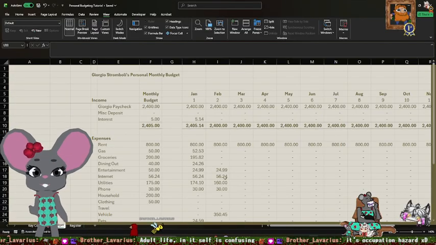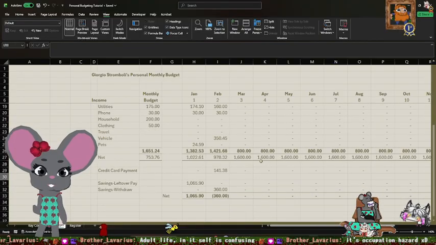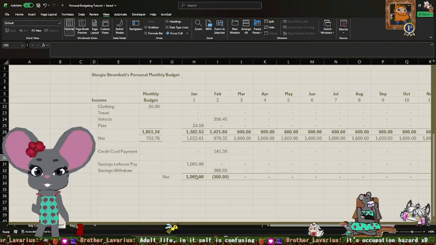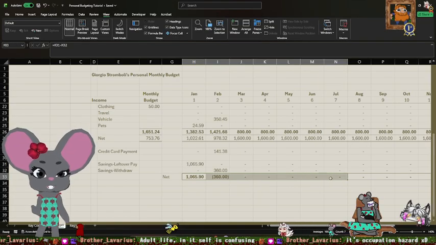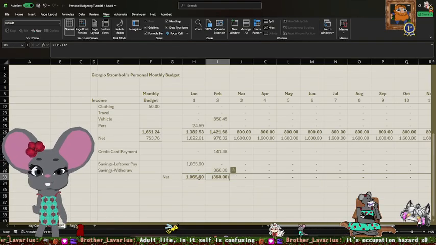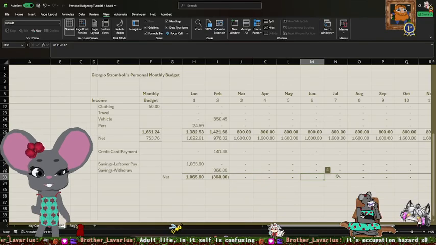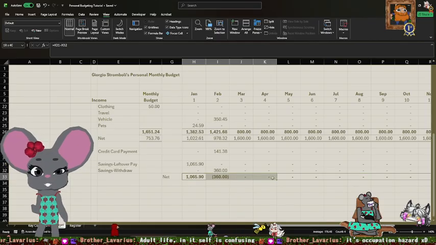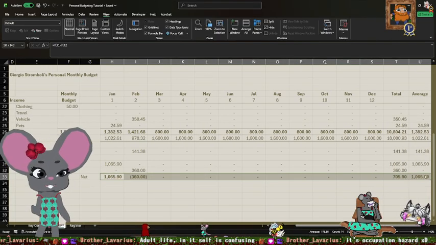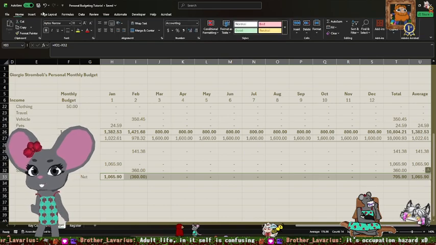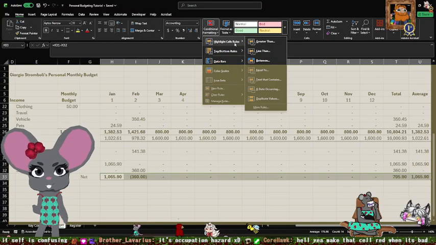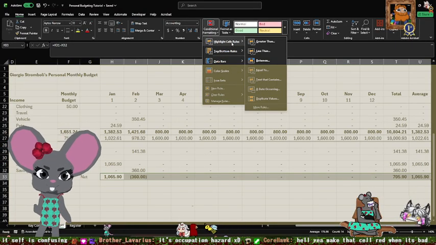Oh, we can also do conditional formatting. So here, let's do it on our savings as an example. So we want to easily identify which months we either saved money or we didn't save money, or we had to withdraw savings. So we can highlight these values and go to Home, Conditional Formatting, Highlight Cells.